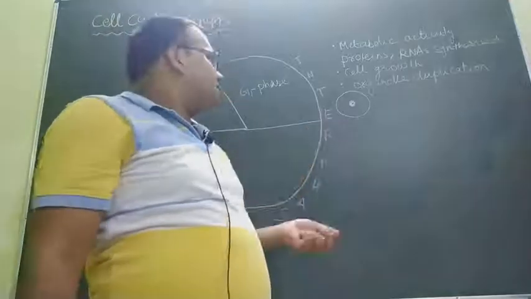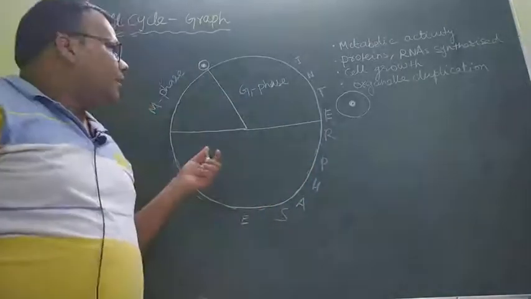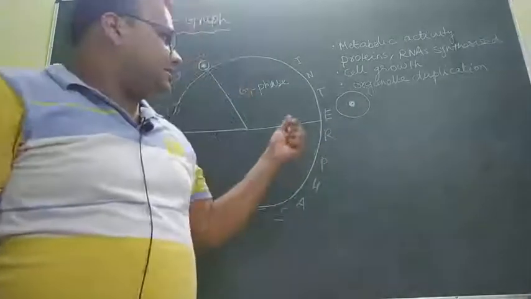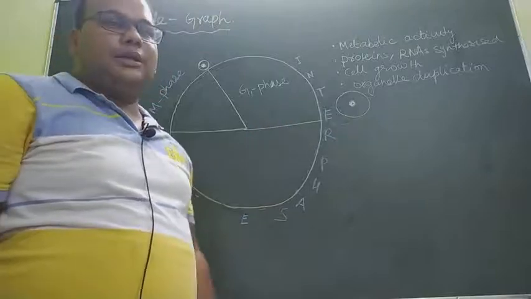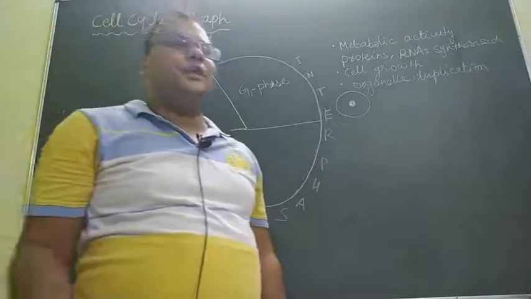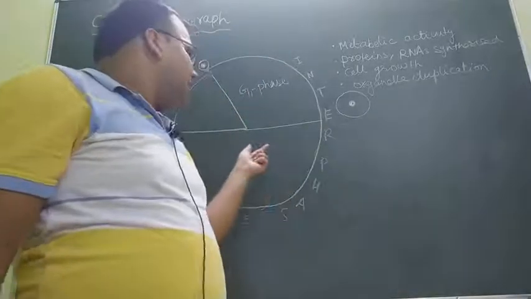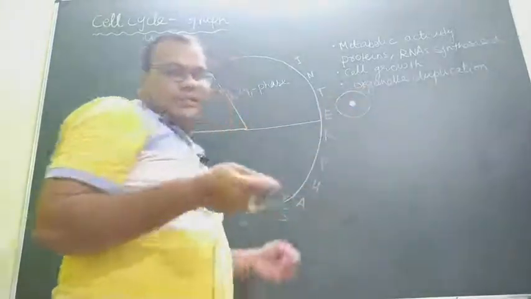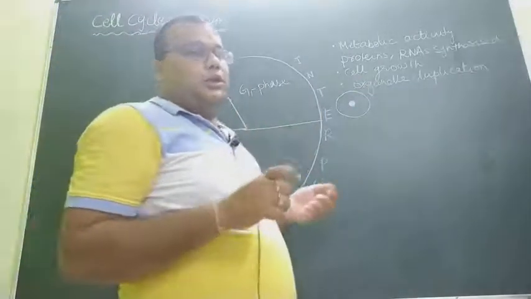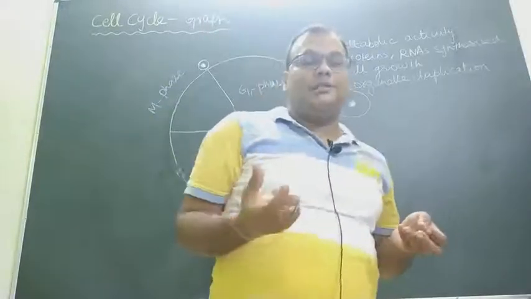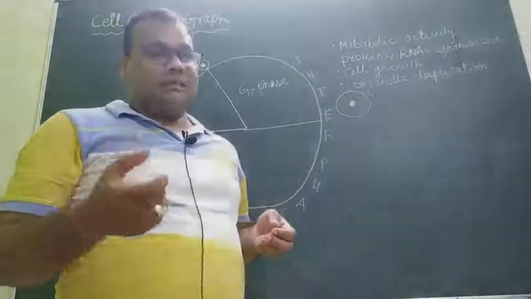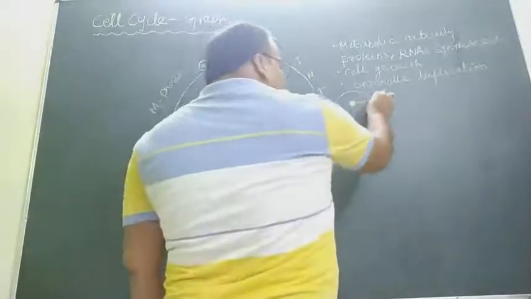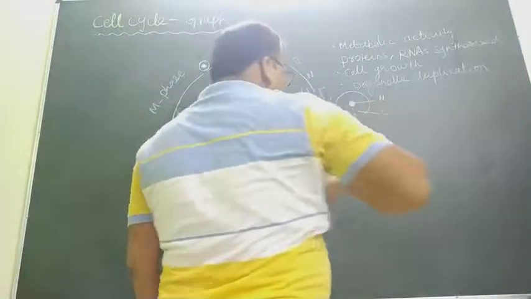जैसे हमने previous class में discuss किया था, after the cell completes its time period in G1 phase and its nucleocytoplasmic ratio becomes minimum, that is 25% or 1/4, only then the cell enters or cell decides to replicate its DNA, so that the daughter cells which are developed after division should get same amount of chromosome as present in this daughter cell. So this is nucleus and this cytoplasm.